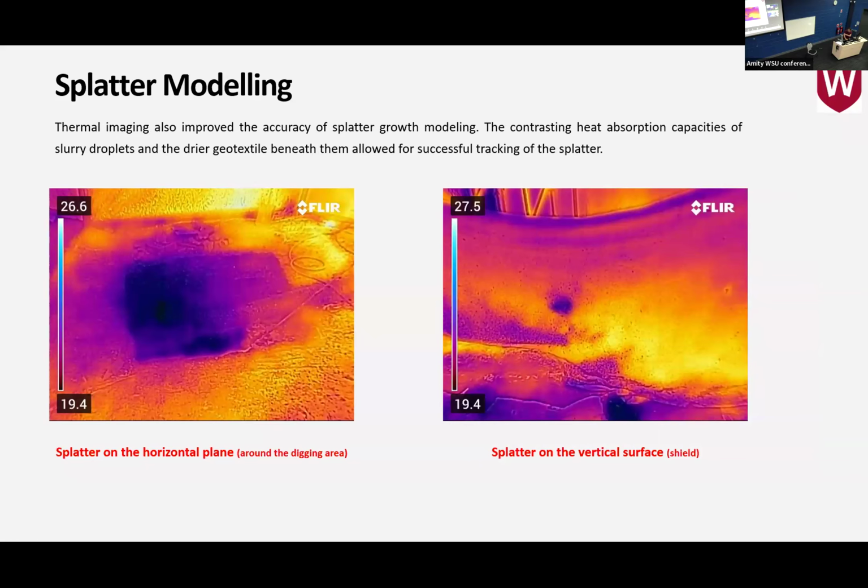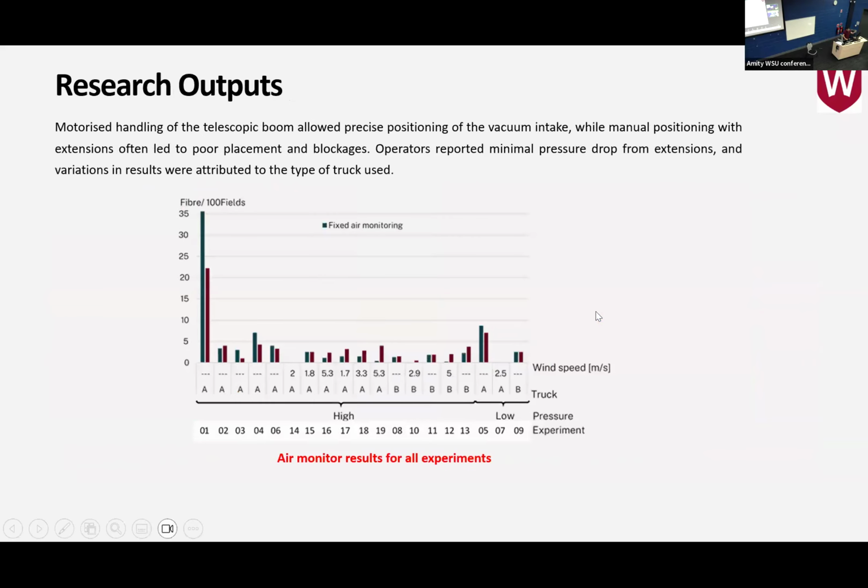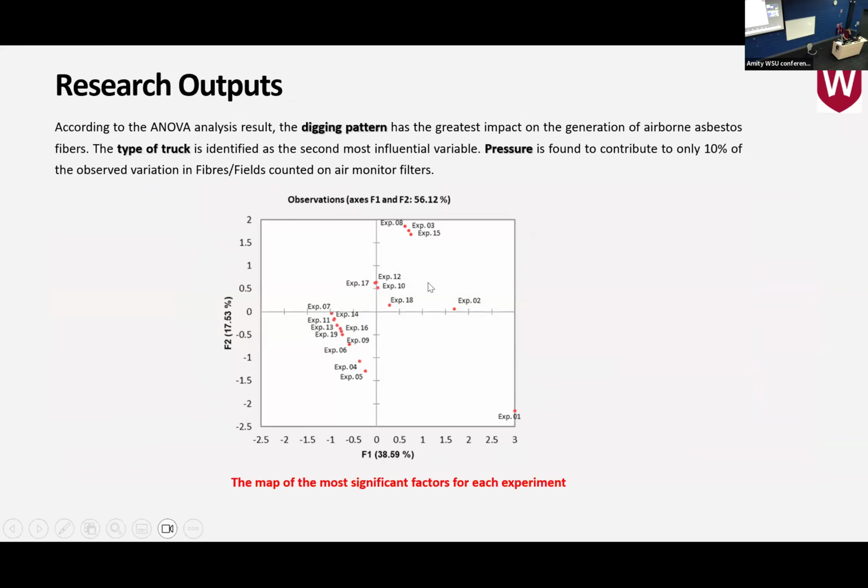We did thermal camera as well. This is a different way of tracking a splatter, because splatter is wet, and in thermal camera, it would be shown colder. So those dark areas are actually wet areas where the splatter is. You can see the different particles. We triangulated the data. They were very consistent with our visual data.